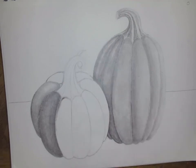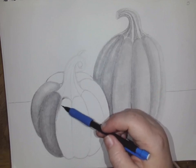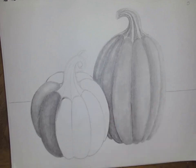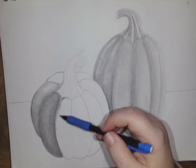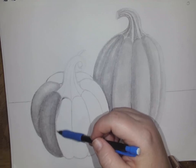Alright, well, we're going to switch. This might be a mistake to switch mid-drawing, but I'll show you guys how to shade with, oh, well, let's pick one that isn't messing up on you. It's kind of hard to switch mid-drawing, but